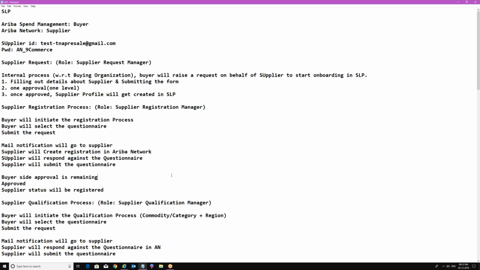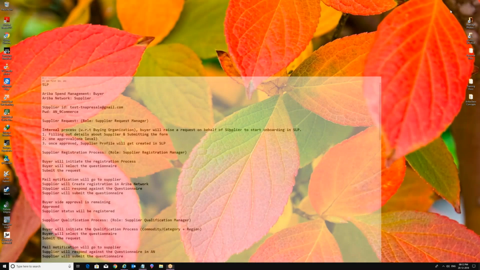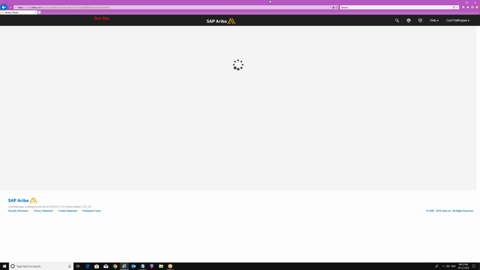Okay. So after this, let us see how a supplier request can be created and how it will look. First, click on Create and click on Supplier Request. Once you click on this, this particular form will come for the supplier request, which you have to fill in.